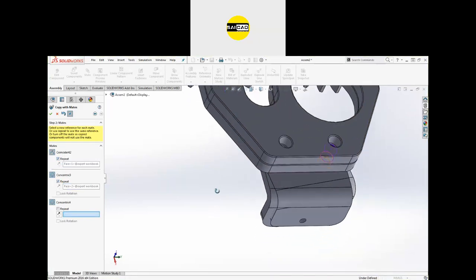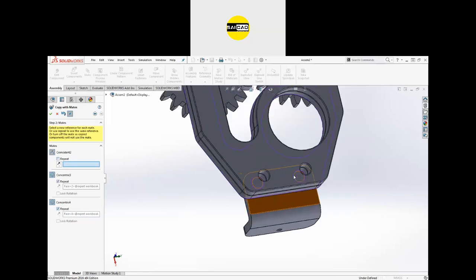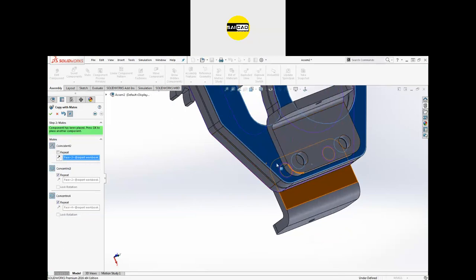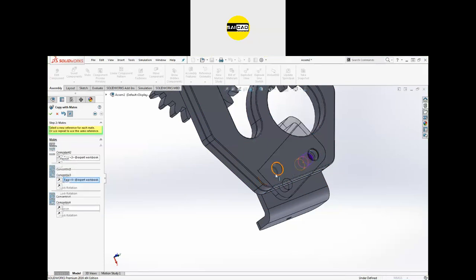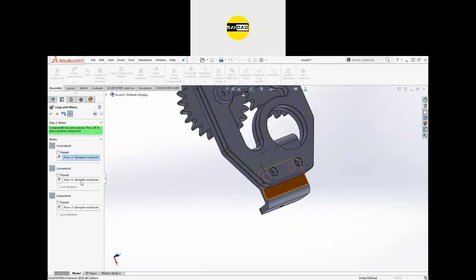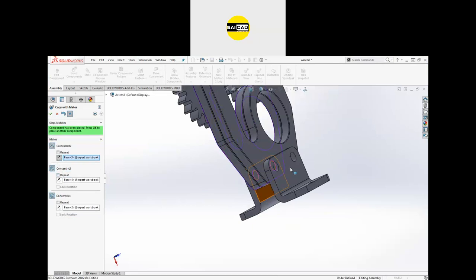Okay, but now you will have some error because the hole. Okay, so the face should not be repeated. The concentric only should be repeated. So the face I need to select is this one. So now you can see it is going upward. So that was the challenge here. So in this one you have to select this hole, and in this one you have to select this hole. That was the main change here, and you have to just flip the concentric here. Okay, because the face was downside, now you just have to flip the upper face. So for that you have the reverse alignment here.